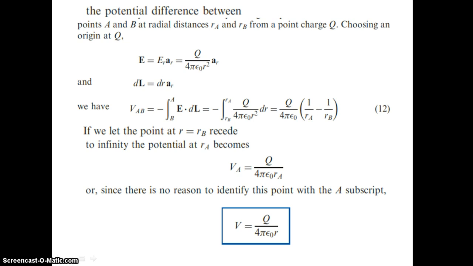So we have derived expressions for potential difference: VAB equal to minus integral from B to A of E dot dl, and E can be found from V as E equal to minus del V. The absolute potential is given by Q by 4 pi epsilon 0 R. That means V is inversely proportional to R, or V is proportional to 1 by R, whereas E is proportional to 1 by R square.